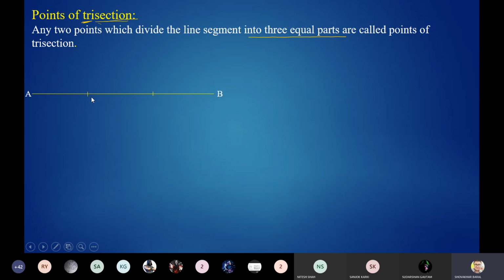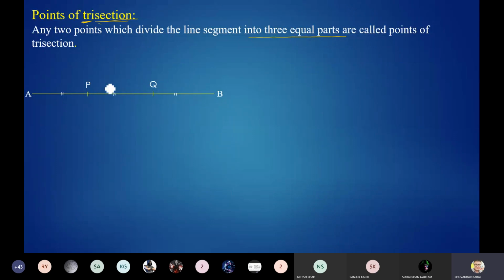Okay, so these 2 points here, we divide this whole line segment into 3 equal parts. Remember that it is 3 equal parts. Okay, the line segment, these 3 parts are equal. This first part, draw this figure also, please. This first part, this second part, and this third part, they are equal here. Okay, let me suppose this point says P and Q, and this AP is equal to PQ is equal to QB. यो जुन दुईटा पोइन्ट छ नि लाइन सेगमेन्टलाई तीनटा इक्वल पार्ट्समा डिवाइड गर्ने, these 2 points are called the